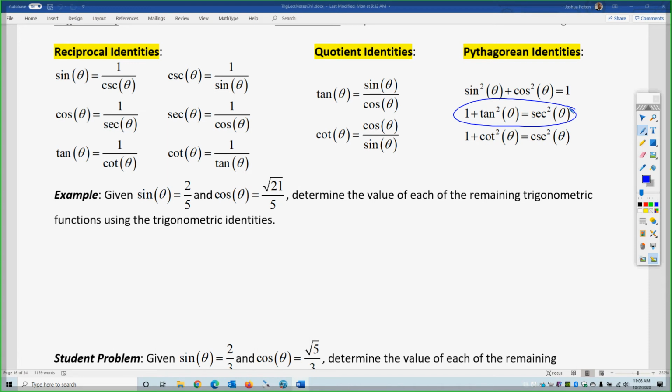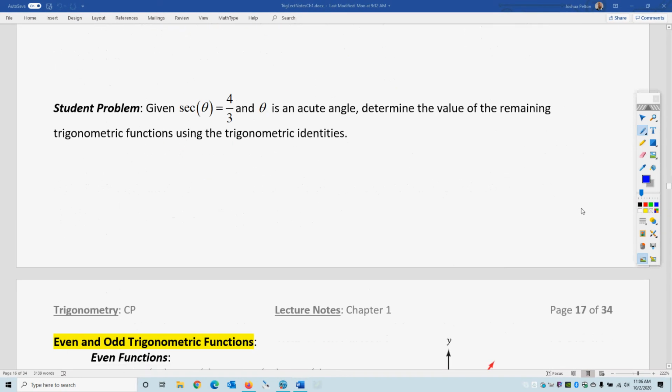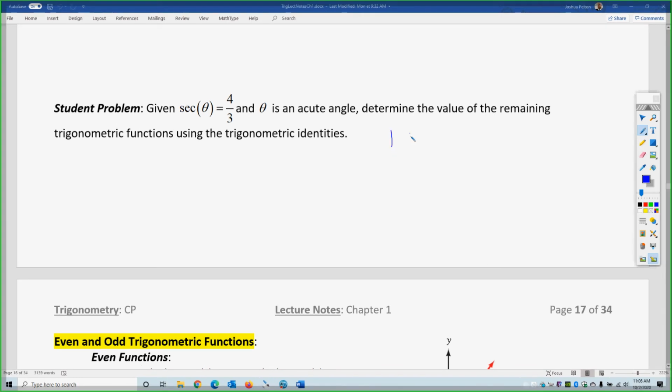So I can use that one. Okay, so we'll use that one. Okay, so 1 plus tangent squared of theta equals secant squared of theta. So we have secant, which is what, 4/3? So if we square 4/3, it's going to give me tangent squared of theta equals 16